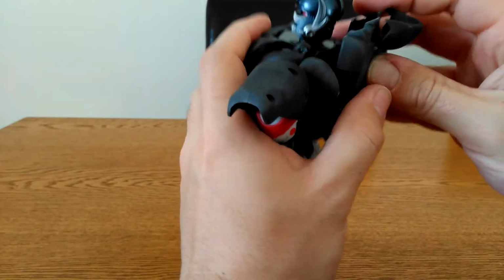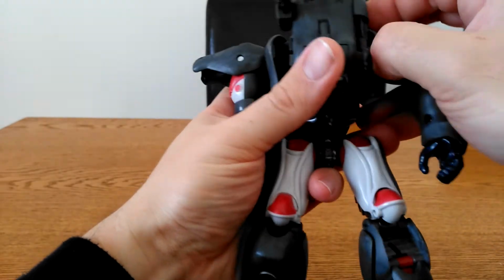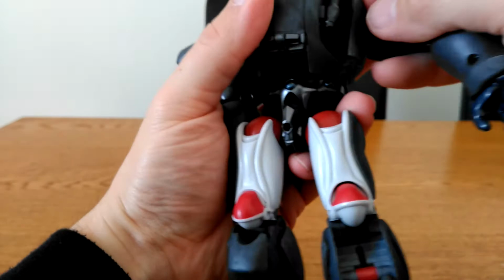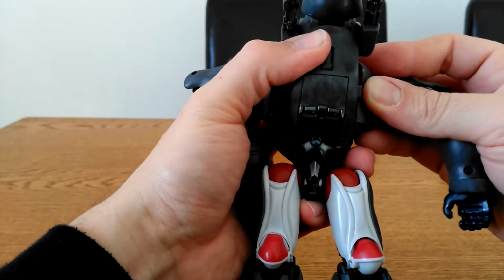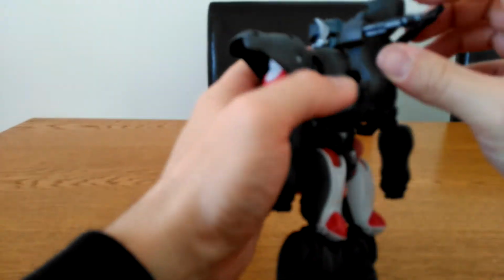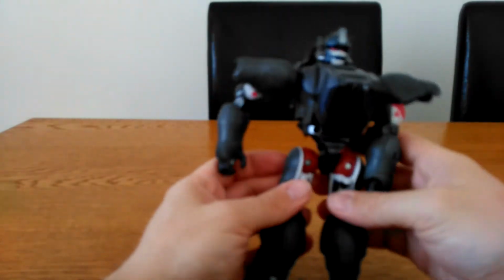These bits then will come in like that. I think they lift up slightly, so you can just peg these bits here into the side of that there. So you just want to make sure those are lined up correctly like that. Then you can have those bits down like so, and then